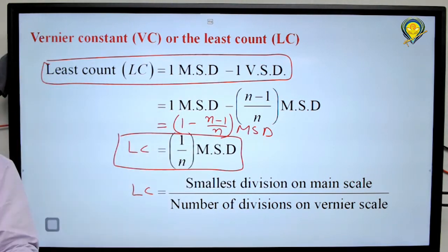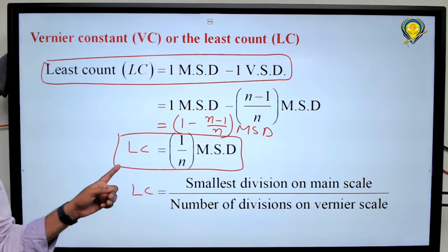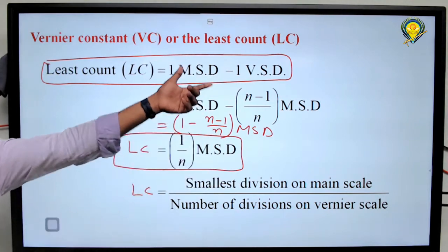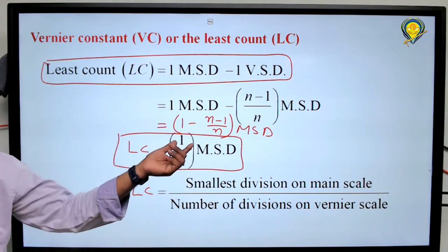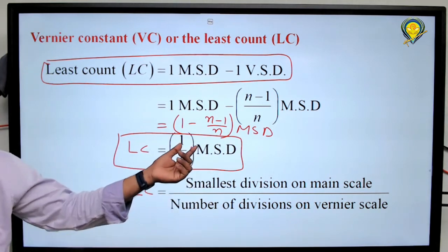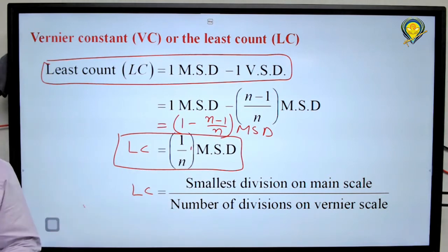So in that question, they need to specify that one. They will specify. That is a compulsory condition. So if n number of vernier scale divisions coincides with n minus 1 main scale divisions, least count directly you can take this one. No need to derive all these. Directly can take. Now, can you write this one in terms of matter? Same equation, can you write in terms of matter?